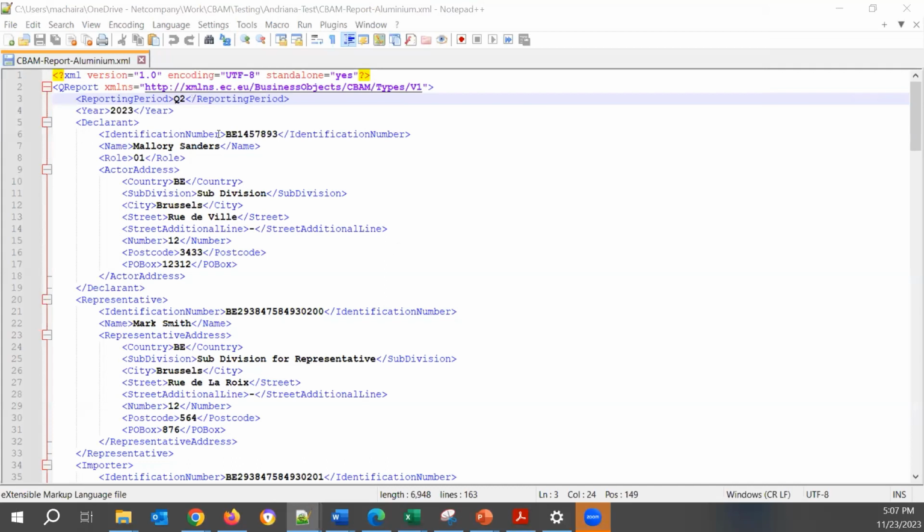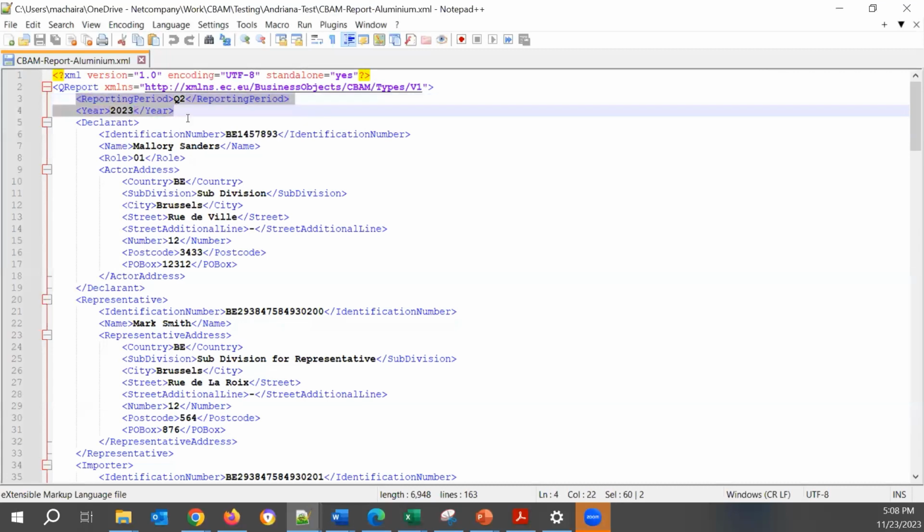Here is my XML for our example of aluminium wire. Starting from the reporting period, it is very important to state the reporting period for which this XML will be uploaded.